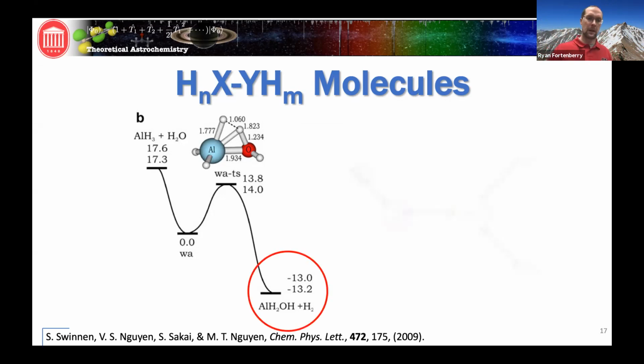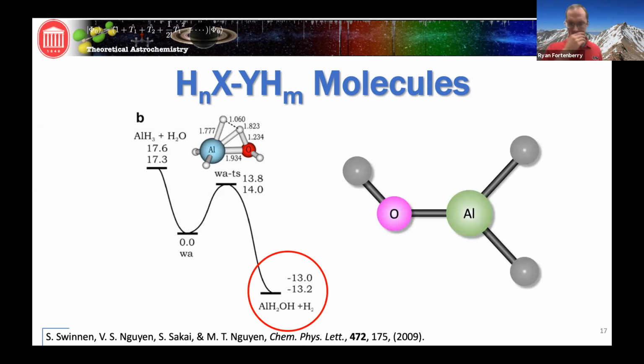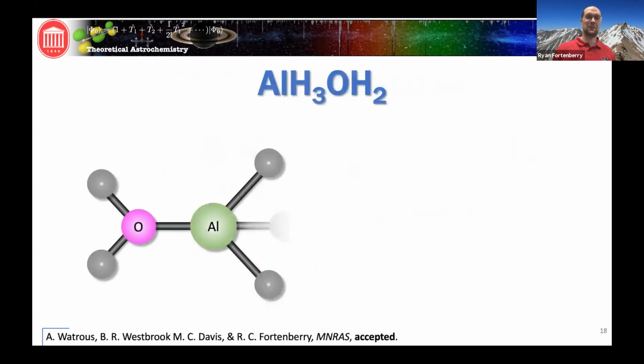We'll find out. And again, the structure for the product is what we had studied here. So it's not completely unknown. But I mentioned this really cool dative structure on the other side. Well, what does that look like? Well, it's a CS molecule where we have AlH3 goes pyramidal and our water comes in together and they make this dative bond. The bond strength here is not all that great. I think it's about 40 kcals per mole, but not insignificant.